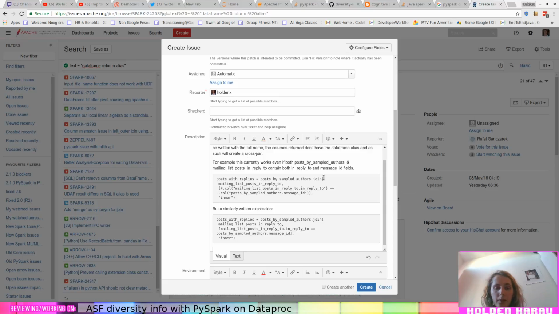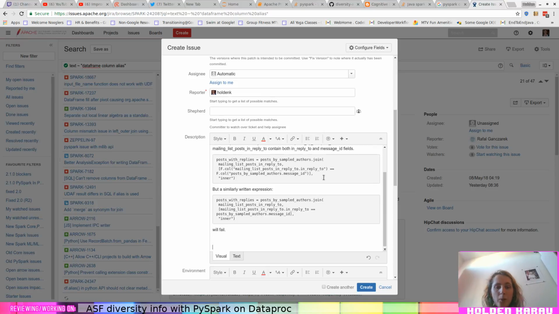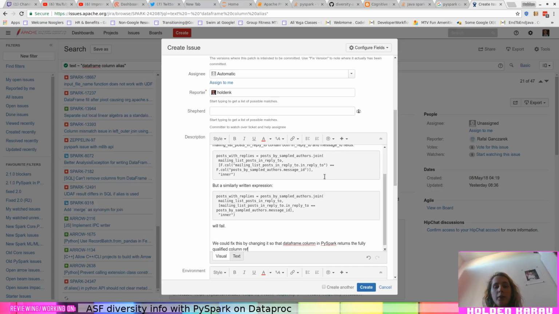fields will fail. We could fix this by changing it so that dataframe.column in Apache Spark returns the fully qualified column reference if the data frame has an alias.